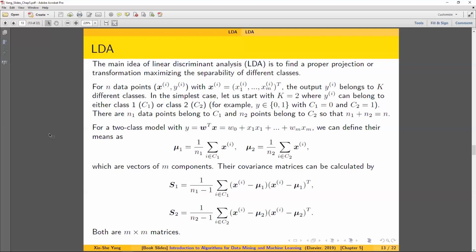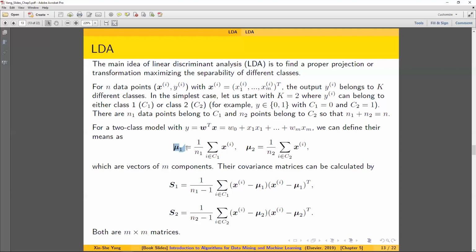So we have n observations, and each one of them has m dimensions for the x variables, and then for y you have two classes, C1 and C2. The first class has n1 observations, the second class has n2 observations, and n1 plus n2 equal to the total number of observations n. So we can define